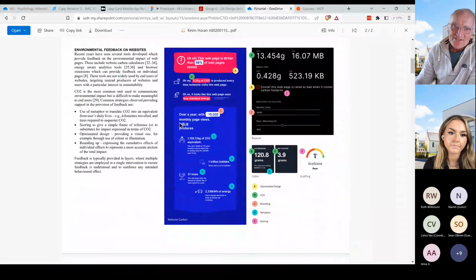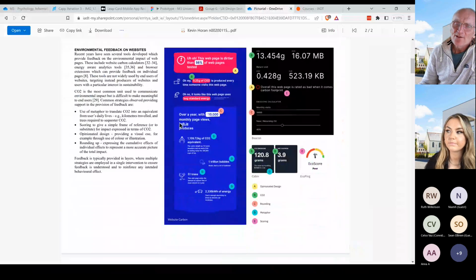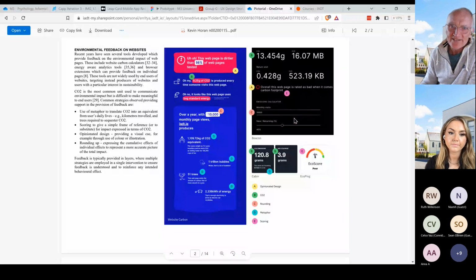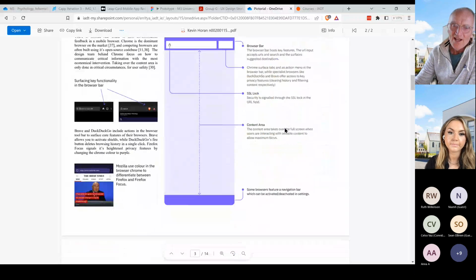And this was from last year. Somebody did a project basically around looking at how can we adapt a web browser to give us information about the carbon footprint of our browsing activities. So as we browse around the internet, we're using up a lot of CO2. And he wanted to figure out, okay, how can I adapt my browser so that it'll give me feedback on the environmental impact of my browsing activities and then allow me to reduce that impact.